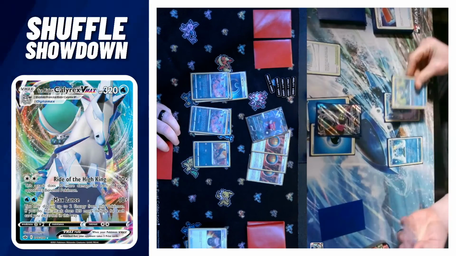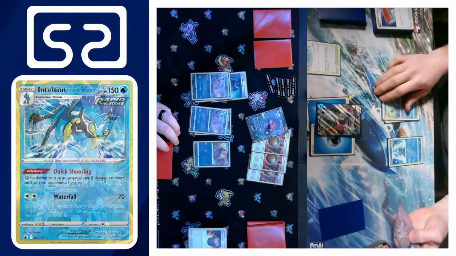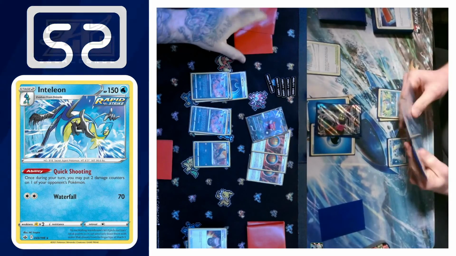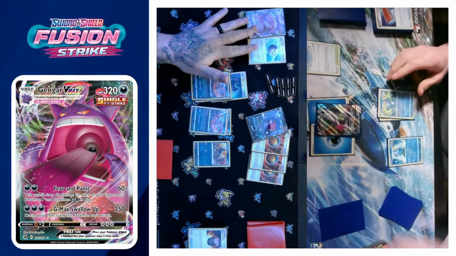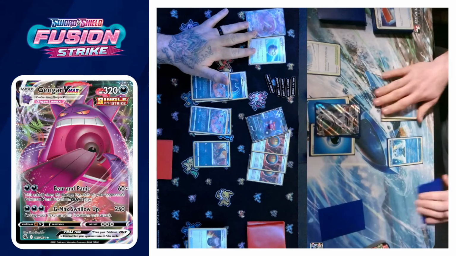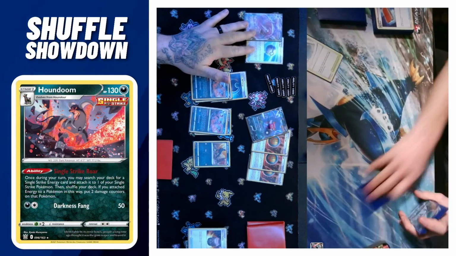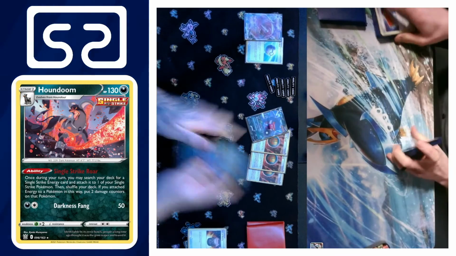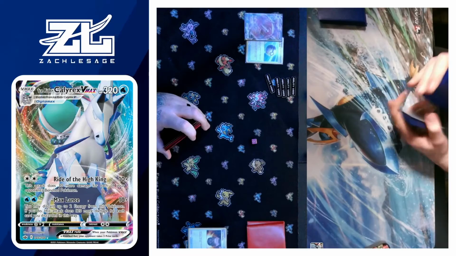I did have Drizzile in hand just in case you did something funky and got me out. So I could hopefully pull something where I could boss up one of your dogs. But that is the game. So Ice Rider does take the win here. 2 games out of 3, best of 3. So I think we'll take a quick break. I'm going to use the restroom real fast, and then I'll hop back in with...